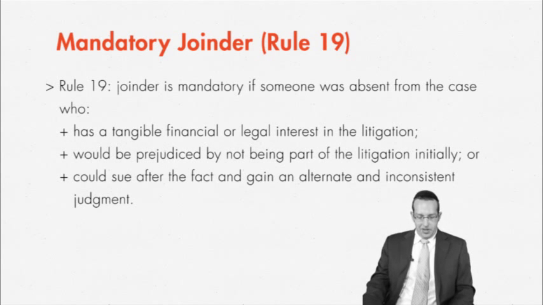Sometimes joinder is mandatory. Rule 19 says that where the court cannot possibly grant the victorious party complete relief because someone who is absent from the case, 1, has a tangible financial or legal interest in the litigation, 2, would be prejudiced by not being part of the litigation initially, or 3, could sue after the fact and gain an alternative and inconsistent judgment. If you have any one of those 3, that party must be joined into the lawsuit,